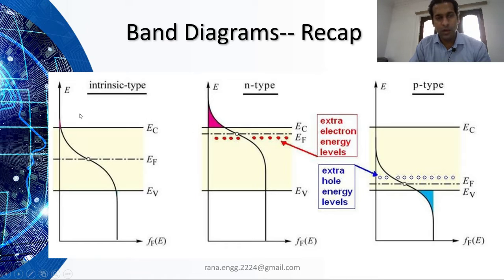Intrinsic, let us have a discussion about this first left side diagram, where we are talking about intrinsic type. Intrinsic means when there are similar numbers of electrons. In this intrinsic type, number of N will be equal to number of P, that is, number of electrons are equal to number of holes. So in that case, energy levels will be same. This is the energy band diagram. So we calculate the energy levels. You can refer to the previous session about PN junction diodes. There we have discussed the band diagrams in detail.